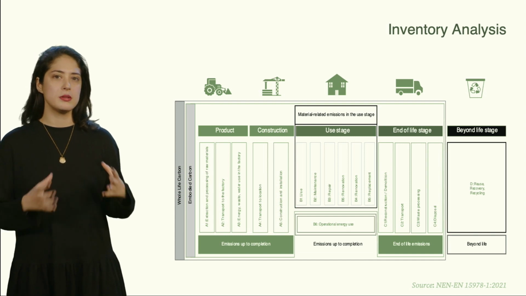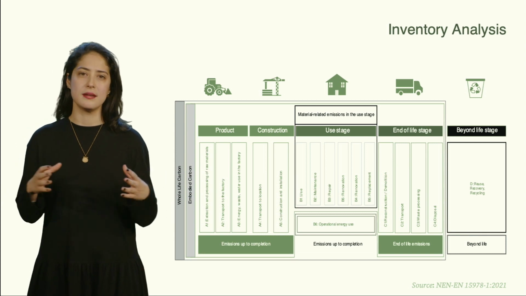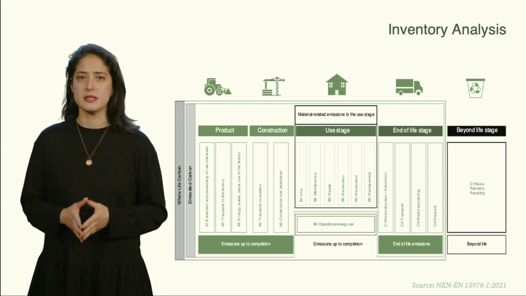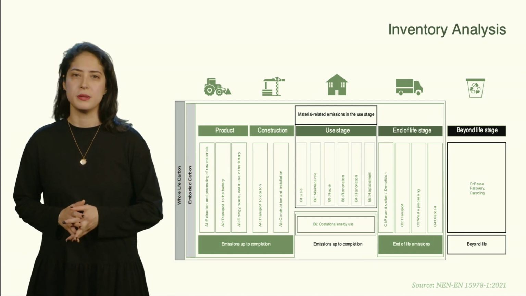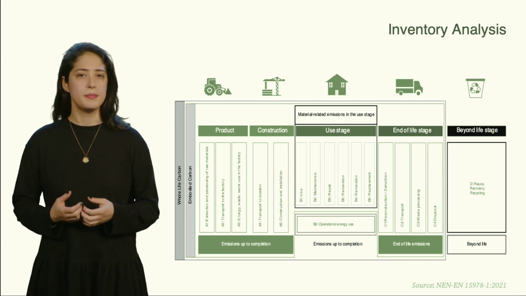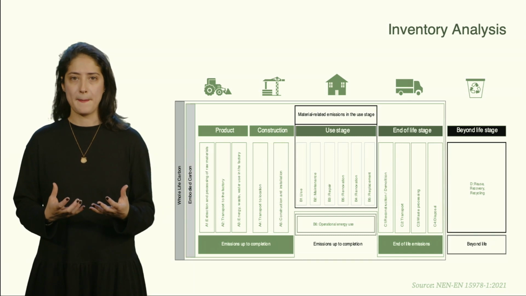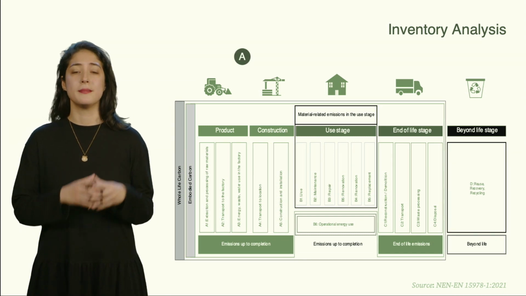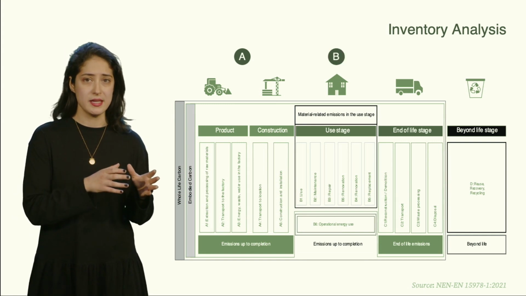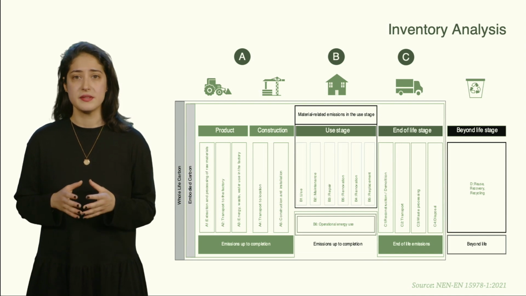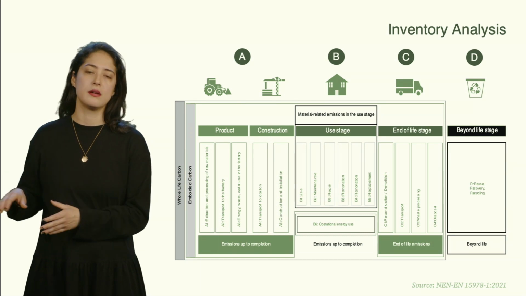To compare between possible alternatives, inventory analyses are compiled to account for all the resources and emissions associated with the life cycle of the system assessed. It is important to mention that when assessing the environmental performance of buildings, we will be referring to European norms that describe specific groups of processes, which we call modules. Module A covers the product and construction stages, Module B covers the use phase, Module C covers the end-of-life scenarios, and Module D looks at the emissions and impacts that are outside of the selected system boundary.